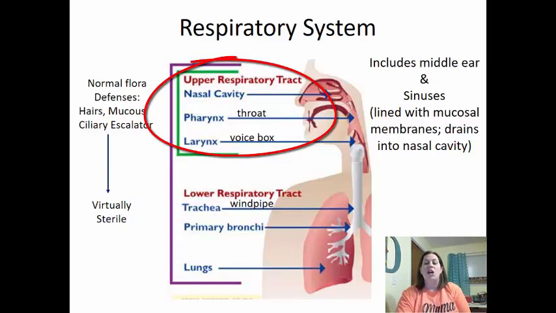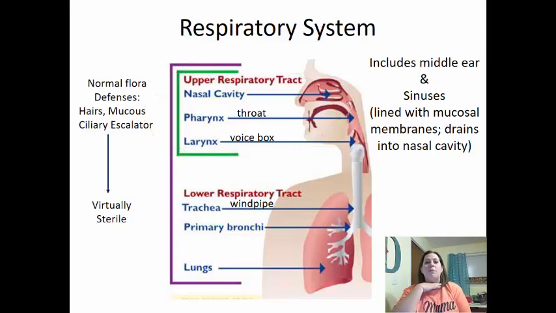your voice box. So your upper respiratory tract is everything above this point, right here where your throat vibrates due to your voice box. It's everything above that. So when somebody says you have an upper respiratory tract infection, it means the infection is up here. On the other hand, the lower respiratory tract is going to be your trachea, also known as your windpipe, down into your primary bronchi and then into your lungs. So again, if you're told that you have a lower respiratory tract infection, it means that it's lower in this